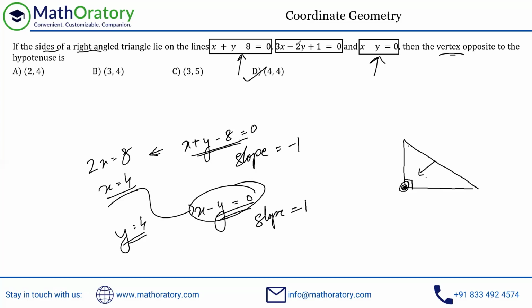Oh, by the way, as soon as you notice that this is x equal to y, you don't have to solve it, because in no other option is x equal to y. Only one option has x and y equal. So that's it for this question. Hopefully everything was understood. Nothing too much to add to this question. Thank you for joining in.